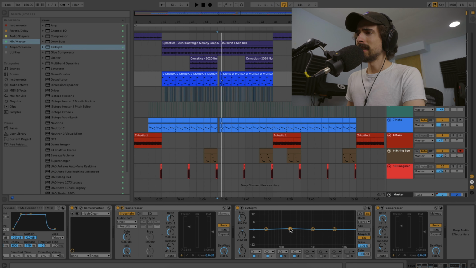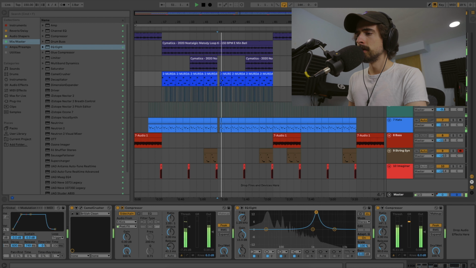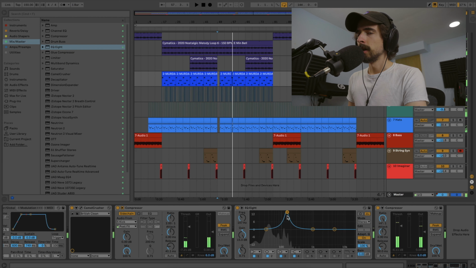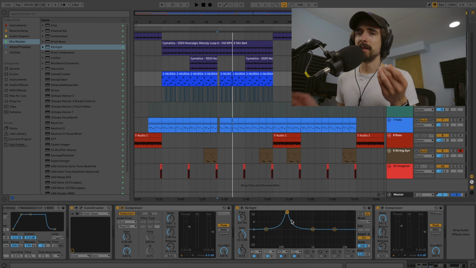The next tip is not necessarily an Ableton tip. You can really do this in any EQ or any DAW. And what it is, you just boost it all the way up and you search through. And that way you can find frequencies that sound good or sound bad, and you can either take them out